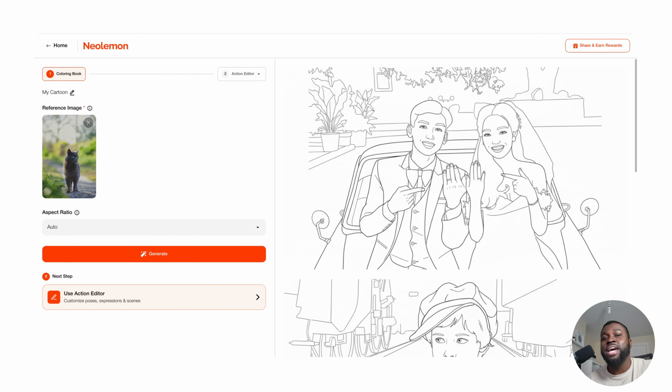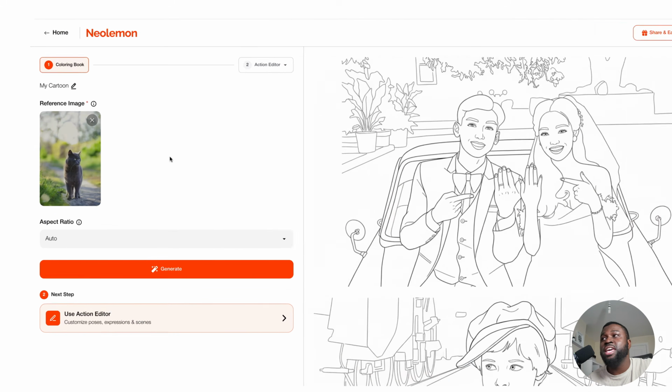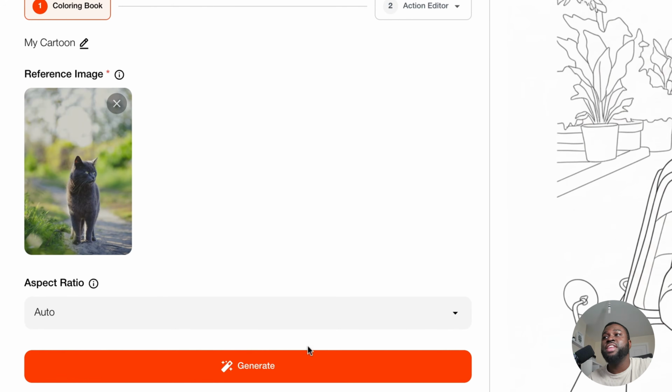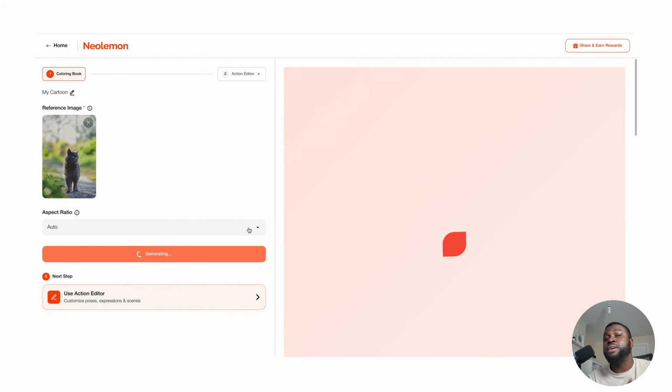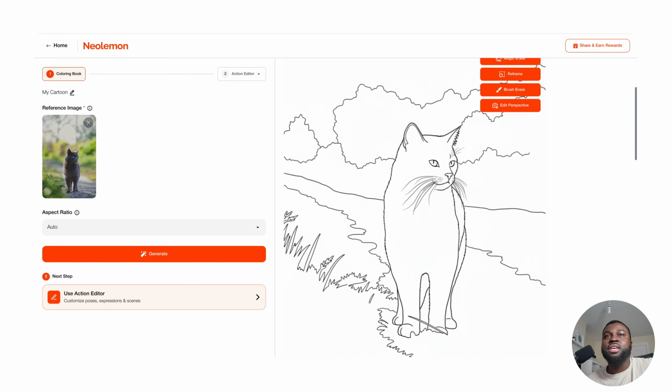Next, let's say you've got a pet animal, and for example you might have a cat. You can upload it just here and then click generate and turn it into a fun coloring page that you can use. So let's see what it comes up with. And we've got the outcome of the coloring page here. We've got the cat in the middle going down the path, the exact same as the image, just looking to the right hand side. We've got the grass to the left hand side, and then the trees and the bushes in the background. So it's got everything identical to the reference image, as it always does. So you can create these fun images of your pets for your kids, grandkids, or your own books too.